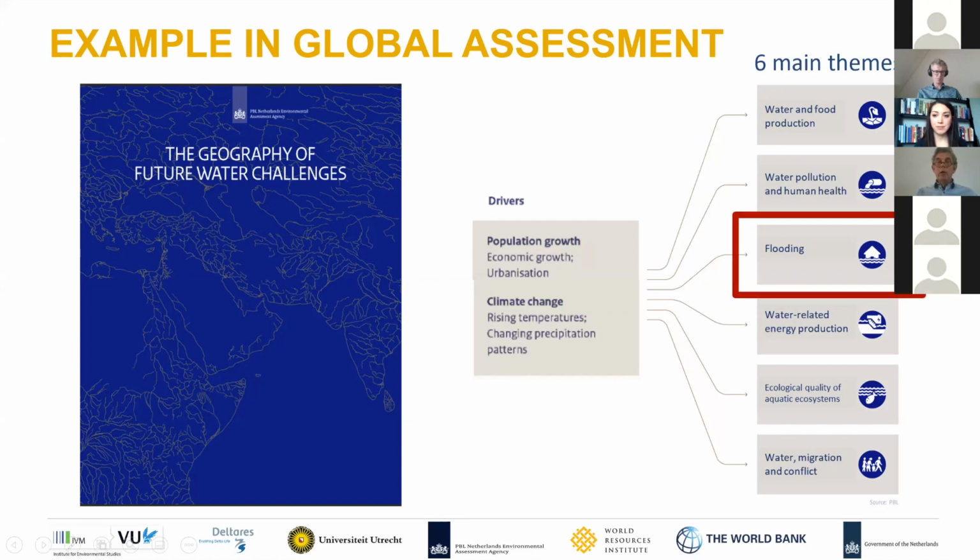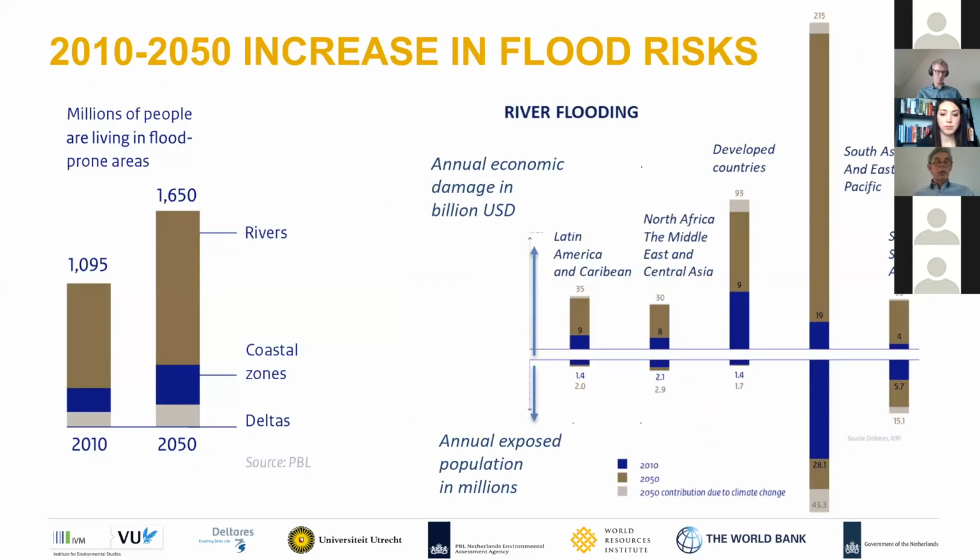So today it's about flooding, of course, and how we use Aqueduct tools. And here you see a summarizing page in the report with, on the left side, showing on a global scale the number of people living in flood-prone areas in rivers, coastal zones, and deltas. And you see that from 2010 to 2050, there's a huge increase of almost 50% of people living in flood-prone